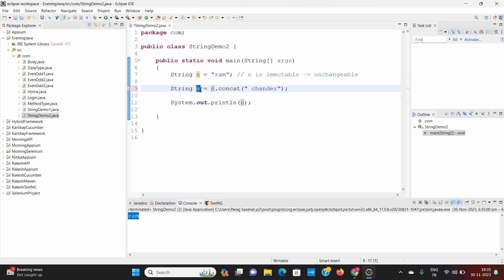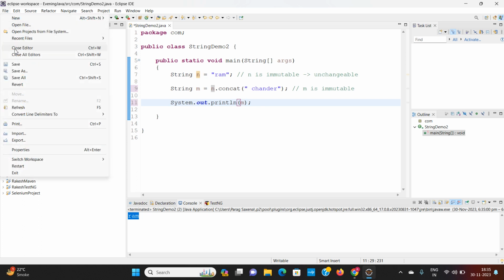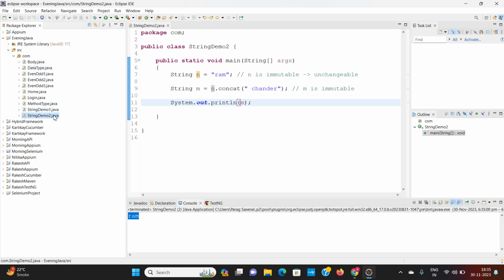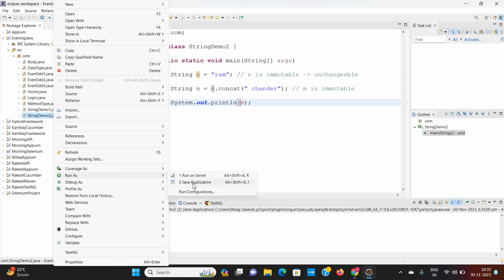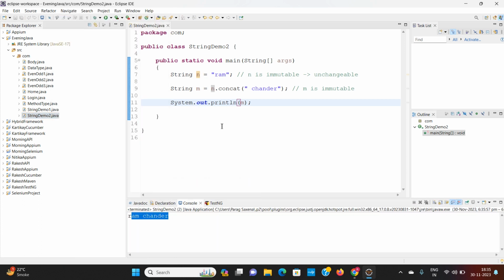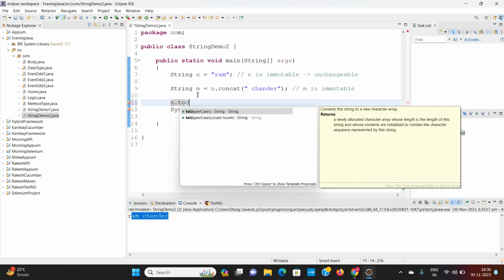it means now this m is assigned, with the assignment operator, the value of n dot concat Chandar. So m is now assigned the value Ramchandar. But again, m is immutable, that is, unchangeable. But if I print m, now I will get Ramchandar. But again, if I make changes to this m, say m dot toUppercase,